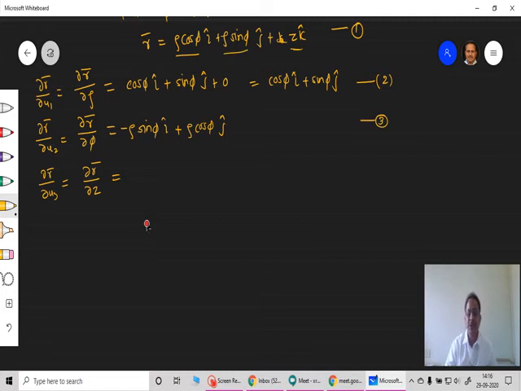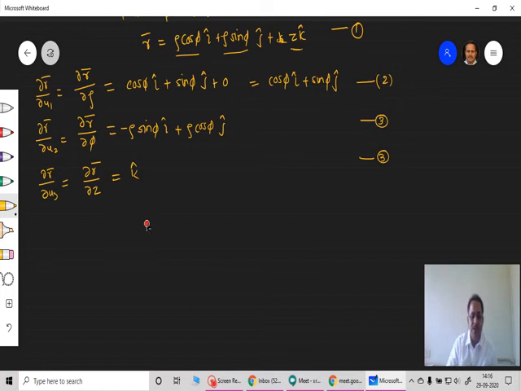So its differential of z with respect to z is simply 1, and therefore it becomes simply k. This is my third vector. So delta r bar upon delta rho is cos phi i plus sin phi j. Delta r bar upon delta phi is minus rho times sin phi i cap plus rho times cos phi j cap, and delta r bar upon delta z is simply k cap. So these are these three.